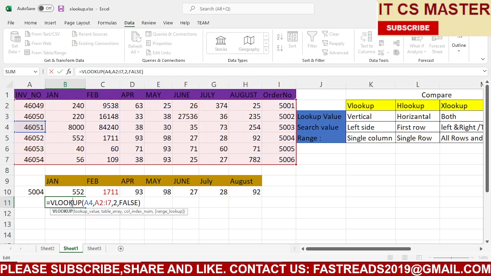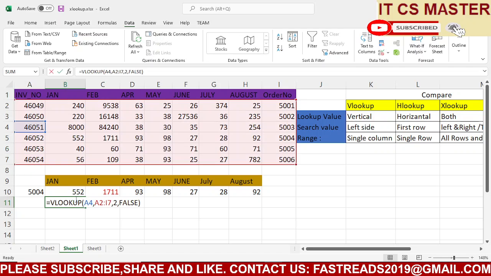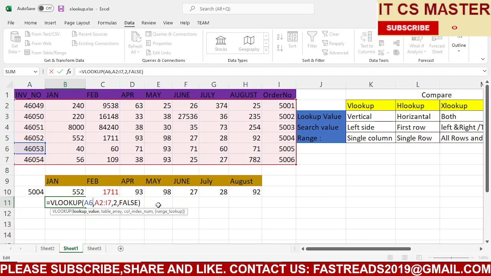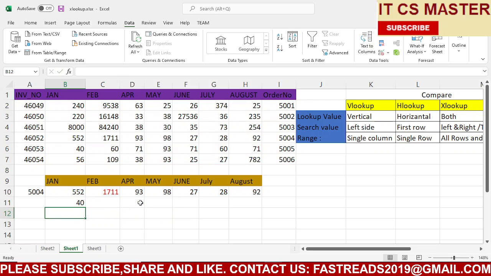Similarly, if I want to change to 6, then you can see 40. I hope it is clear. It returns only a single value, and it returns from the left side in a vertical manner.